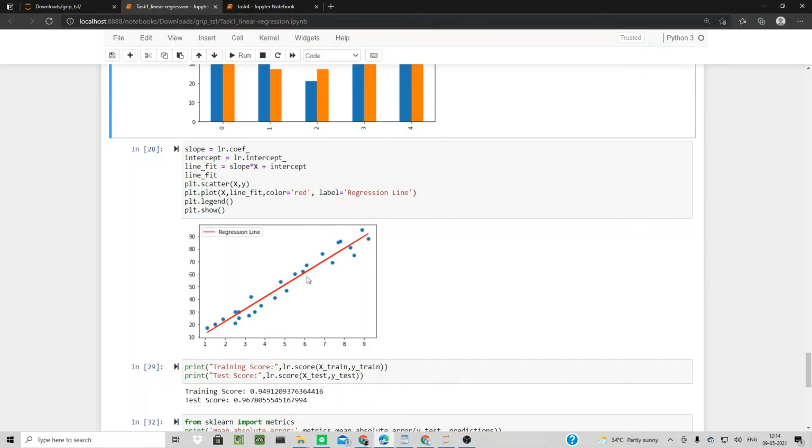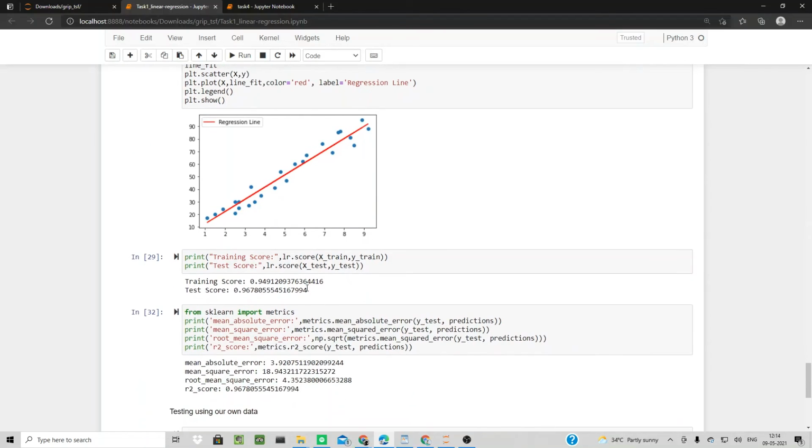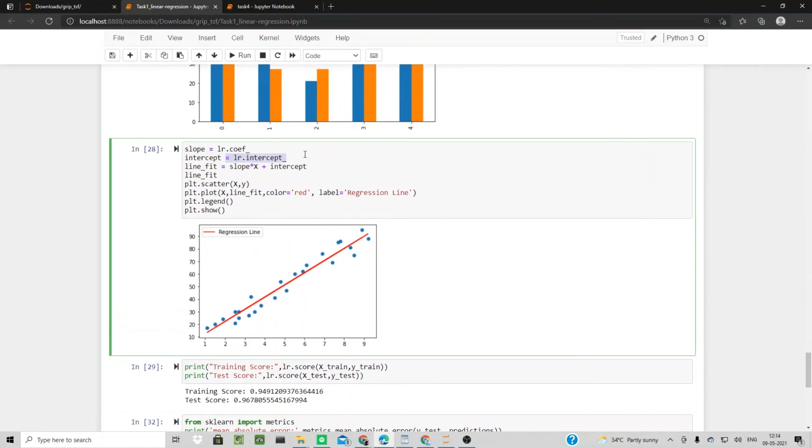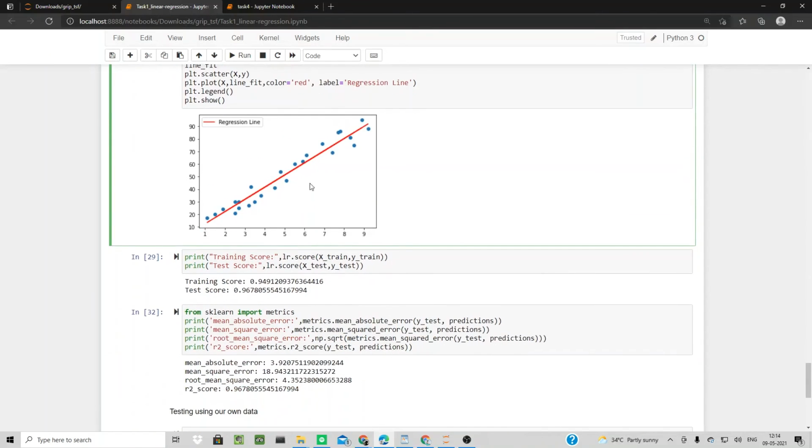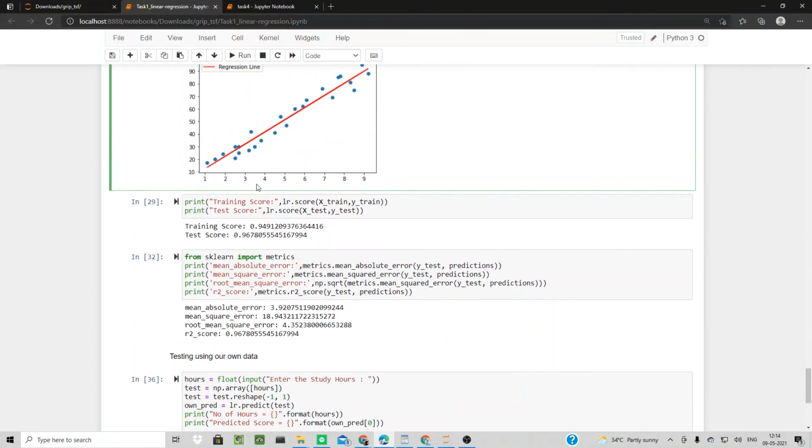According to this, I've got the intercept value and the slope value from the model, and I'm going to replace them with this. So you could see the plot here. You fit the model and it looks in this manner, and there is an error. You could see this is an error, this is an error, and this is an error.